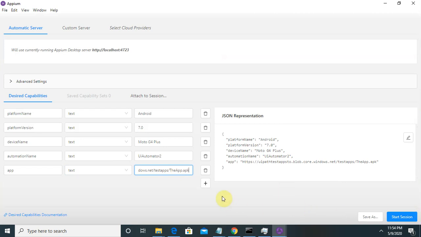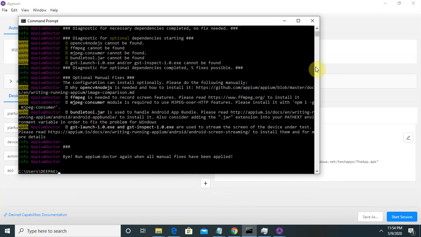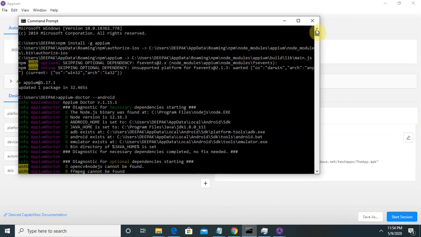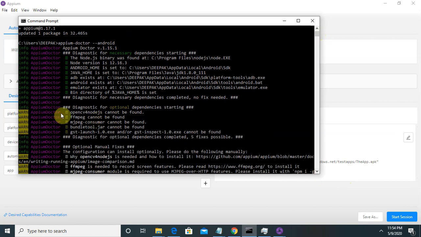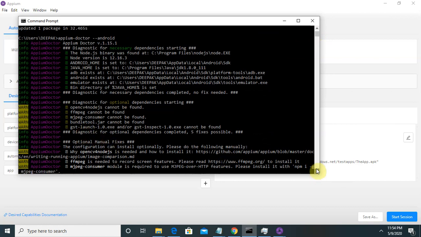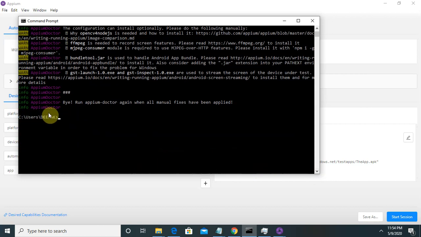After clicking on this and once all your configuration is done, you just have to click on Start. Before that, we have started one session here. You can see all the applications are installed as per our Appium Doctor. You can see here there is no version. This is not mandatory for running UiPath Studio mobile application automation. If you have it, well and good, otherwise it is not recommended to install it. As you can see, there is no warning or critical warning here.